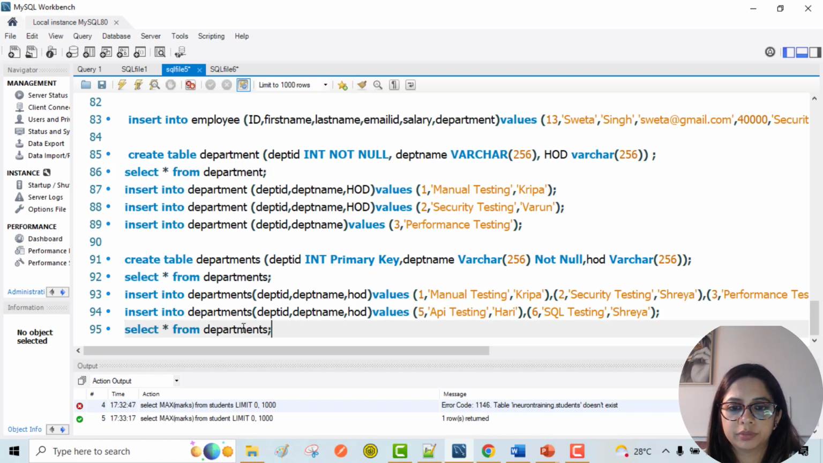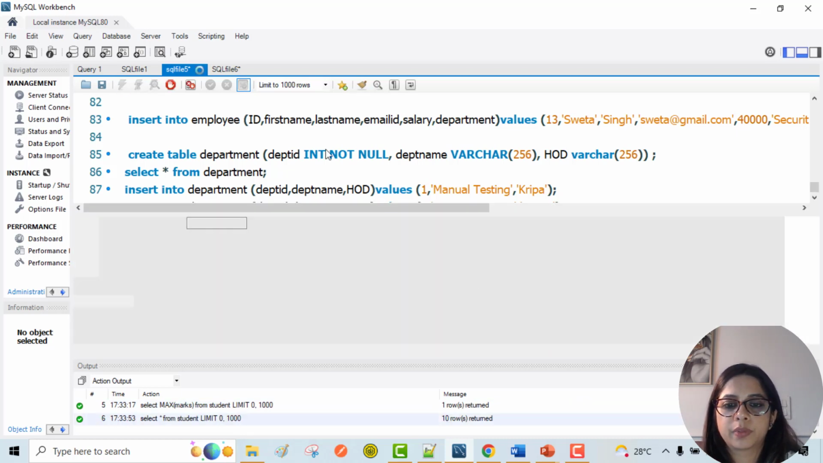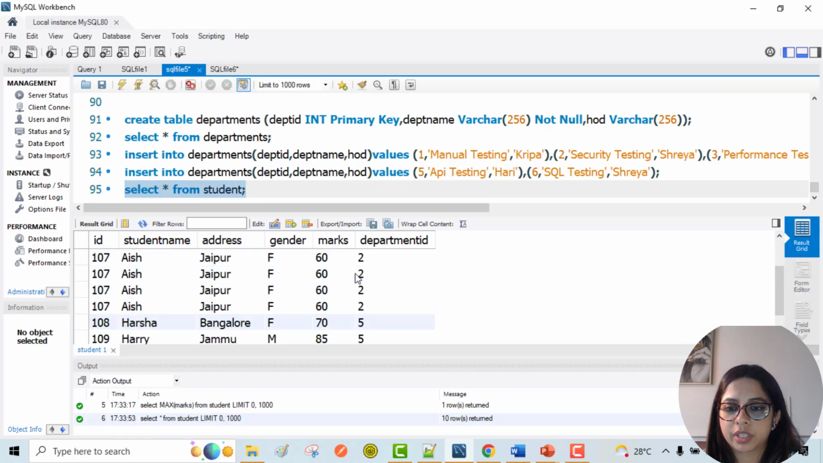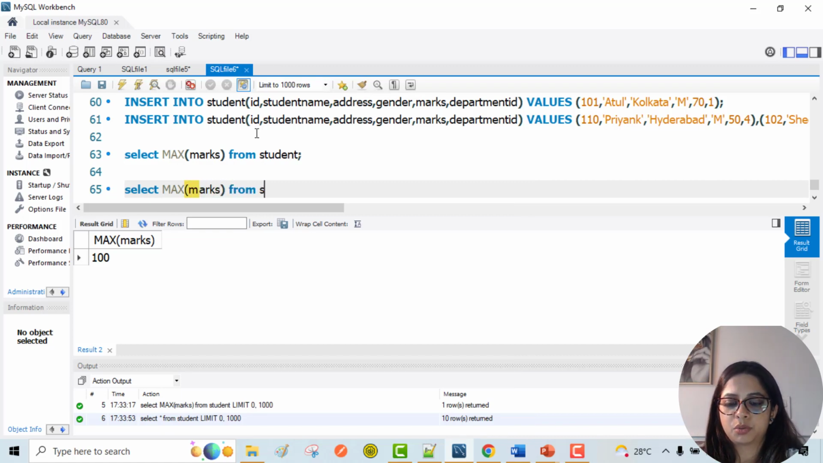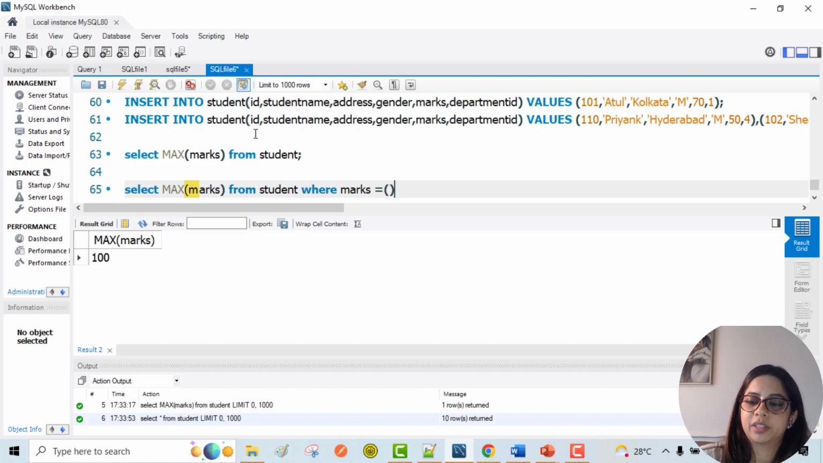we'll do here. So just to get an idea, here we go. So select star, so you can see so many marks. Now second highest marks is select max marks from student where marks is equals to, now we'll run another query here,